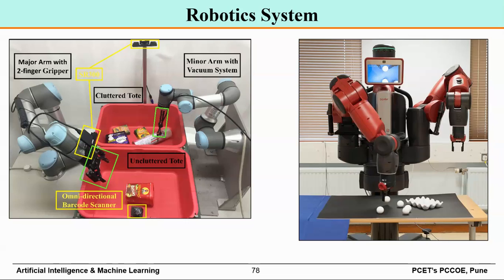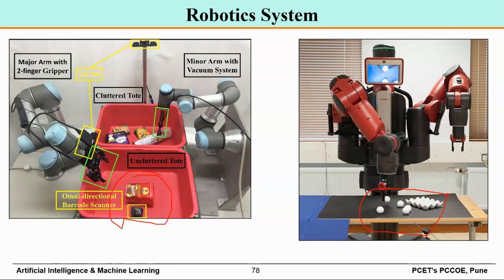Okay. In a robotic system, in this particular figure, what you can see is that different types of objects are there. Can you see? Yes, sir. So the robotic system has to pick that component and place it at another place. So the hardness of different objects is different. So that hardness is one feature. Accordingly, that robotic arm has to decide how much force it has to apply. Right? Feature